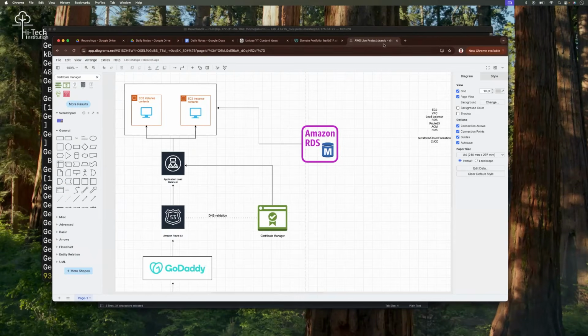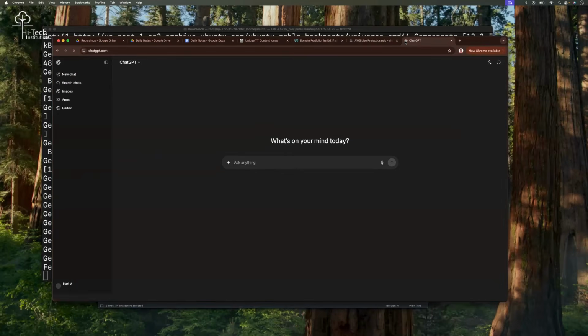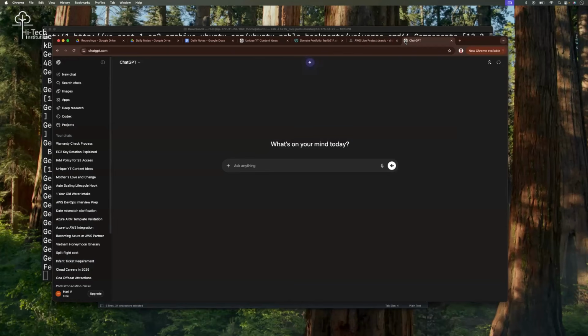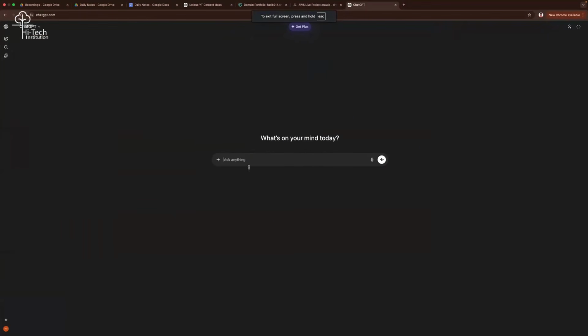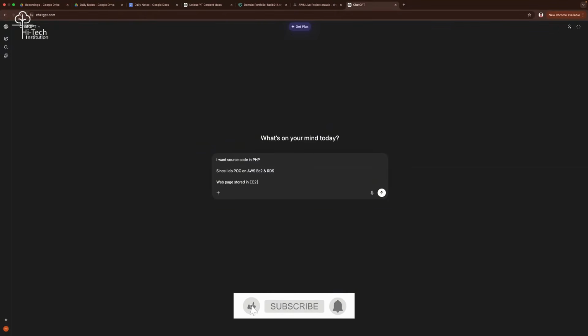Meantime, while it updates, let me open ChatGPT, because I'm not a developer. I need to get the source code, the DB code, everything from ChatGPT only. I'm going to ask a prompt. The prompt is supposed to be like this: I want source code in PHP since I'm doing a POC on AWS, EC2 and RDS. The web page stored in EC2, and the backend